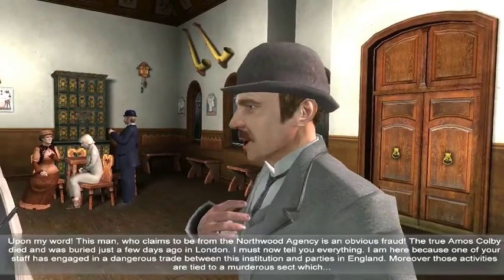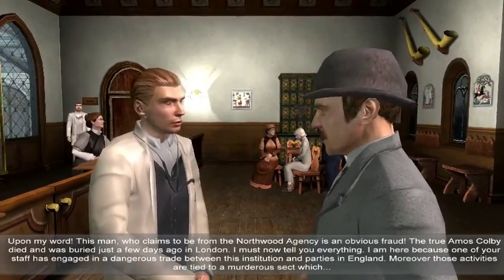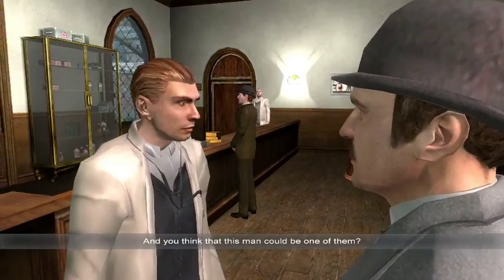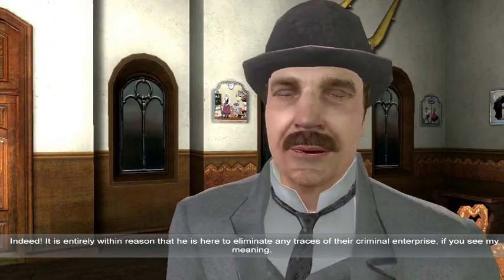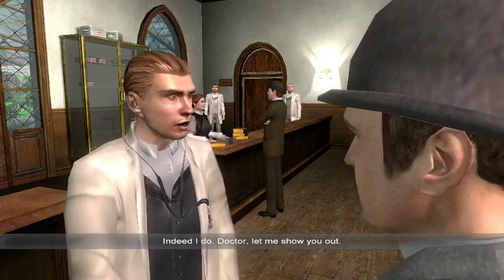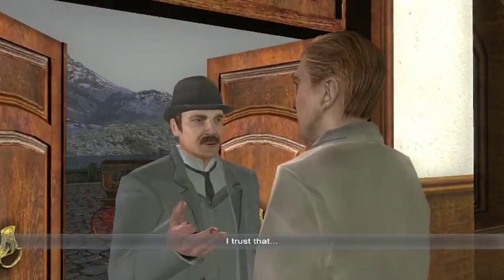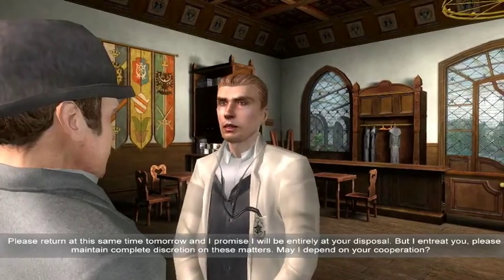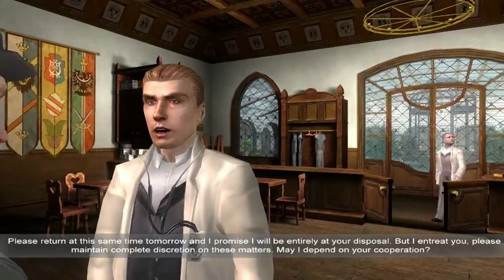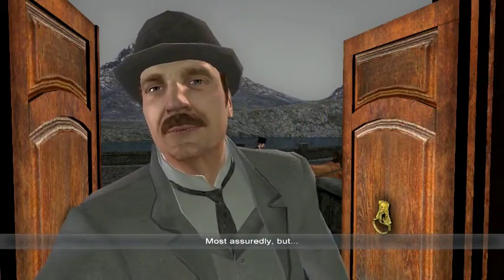I am here because one of your staff has engaged in a dangerous trade between this institution and parties in England. Moreover, those activities are tied to a murderous sect, which... And you think that this man could be one of them? Indeed. It is entirely within reason that he is here to eliminate any traces of their criminal enterprise, if you see my meaning. You shouldn't say that, Watson. Let me show you out. I trust that... Please return at this same time tomorrow, and I promise I will be entirely at your disposal. But I entreat you, please maintain complete discretion on these matters. May I depend on your cooperation? Most assuredly, but...